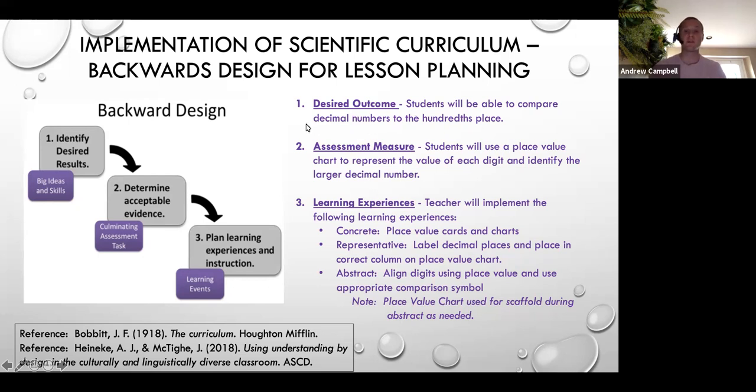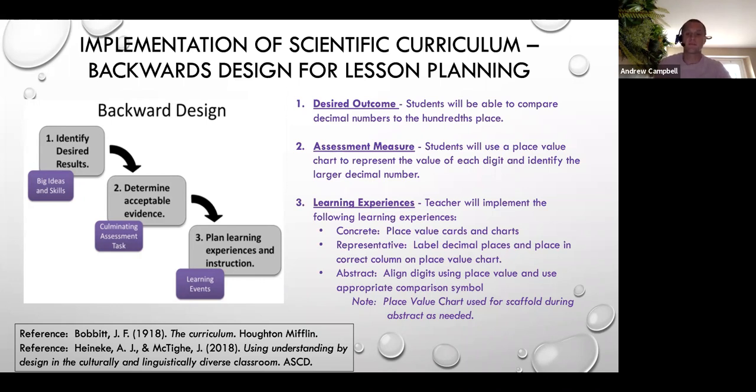I just gave a specific example. So with the outcome, I want my students to be able to compare decimal numbers to the hundredths place. So how am I going to determine whether or not they know this? They're going to use a place value chart and represent each digit's value to show which decimal number is larger. From there, once I've determined what I want the students to do, and how I'm going to determine if they know it or not, I can then begin to craft the